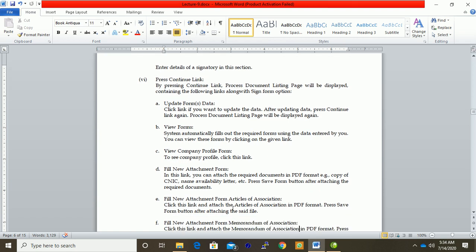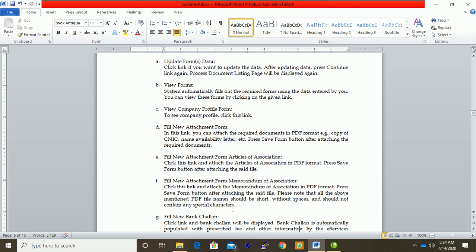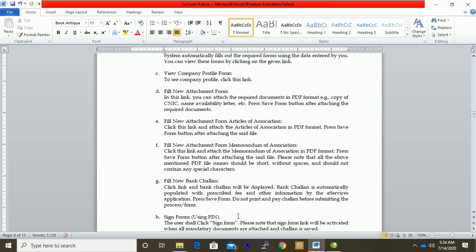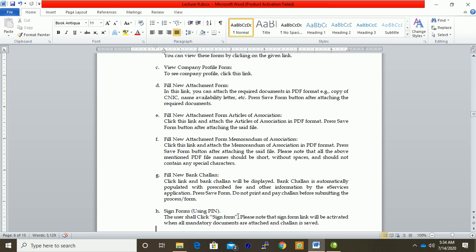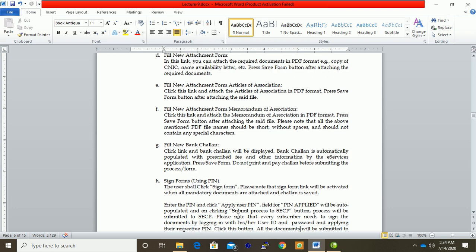Fill new attachment form: the articles of association, which is required, and we will discuss it later on. Fill the memorandum of association in PDF format. We will discuss articles and memorandum of association in later classes. Fill new bank challan to give information about the fees required.